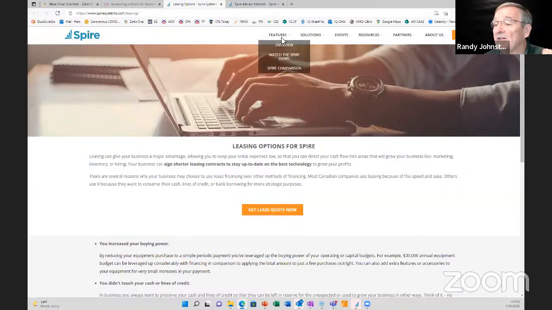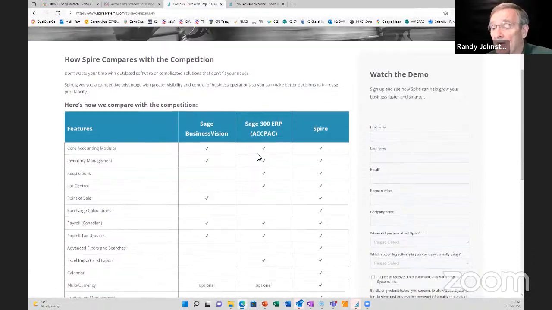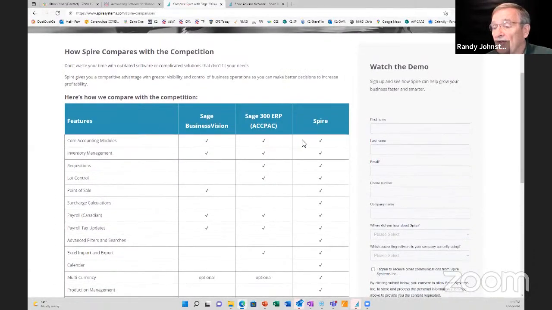Now, the Spire website does lay out quite a bit about their product. I usually will take a moment here and intentionally show their comparison too, because the Spire product is above entry level. So they